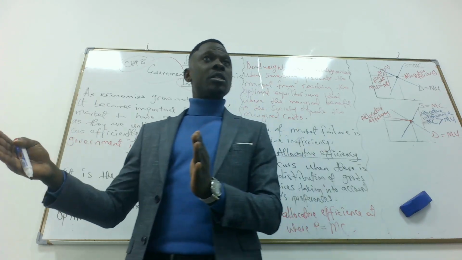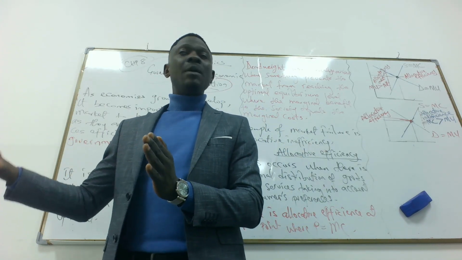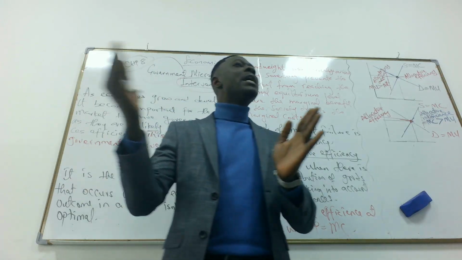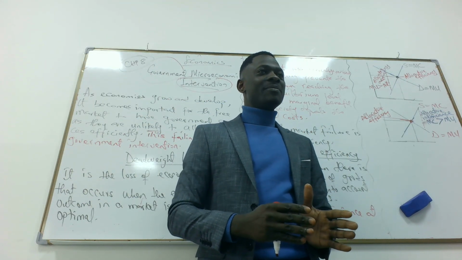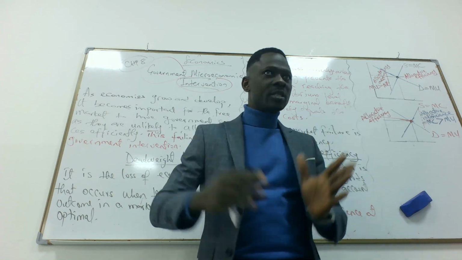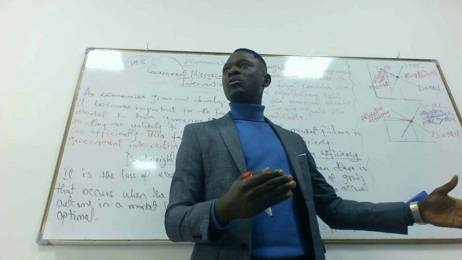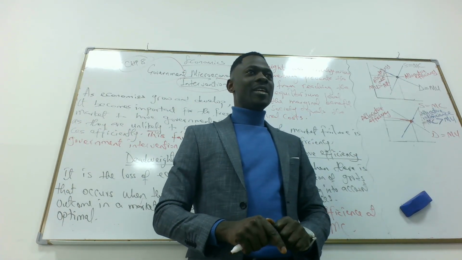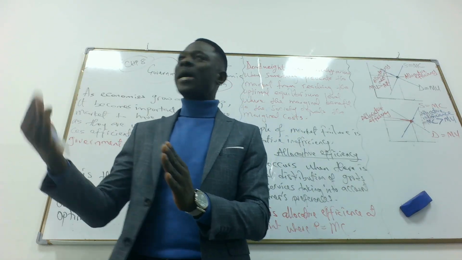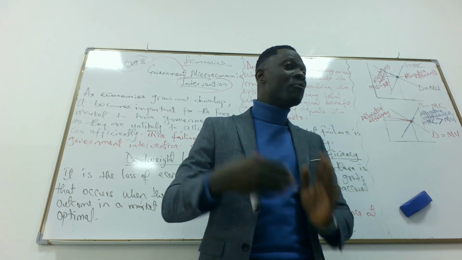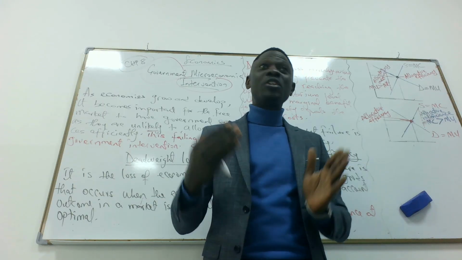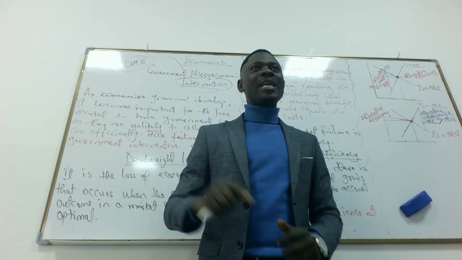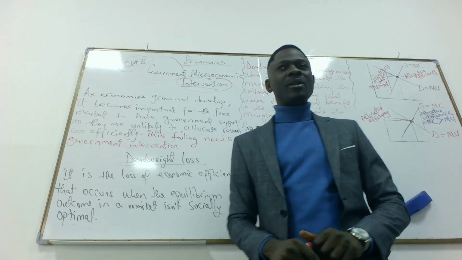If it is too much, it means you are wasting resources. Maybe government will put it in the hands of a monopolist to reduce waste. And if it is too little, maybe because there's a monopoly, government needs to break the monopoly. To create a monopoly or to break a monopoly cannot be done by the free market. It needs to be done by the government. That is why we need government intervention. Do we get it? Yes.